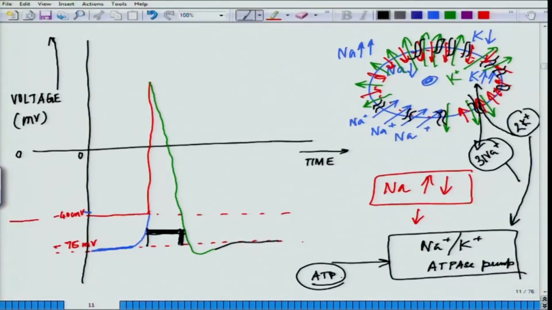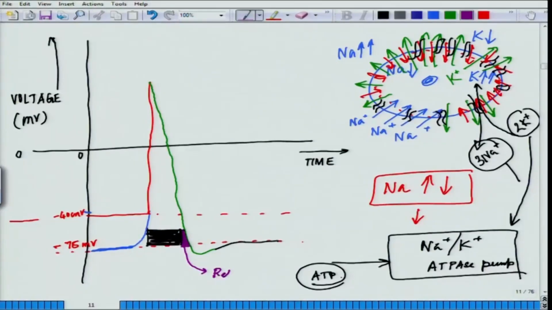This is called the absolute refractory phase. The sodium channels are completely inactivated and they cannot open. And then I will just shade this. This is the zone where sodium channels are activated, but they are not open. So, this is the phase of